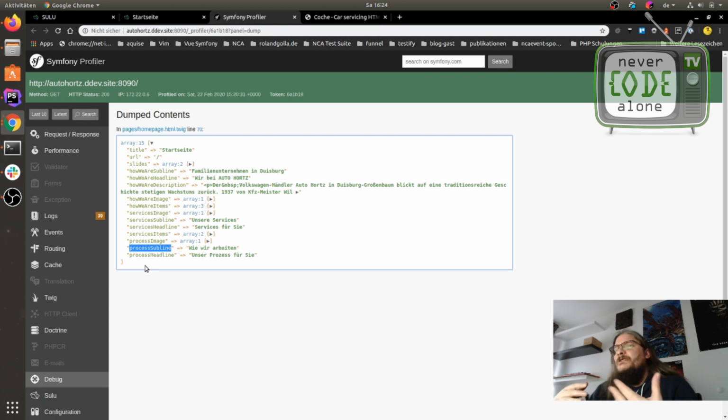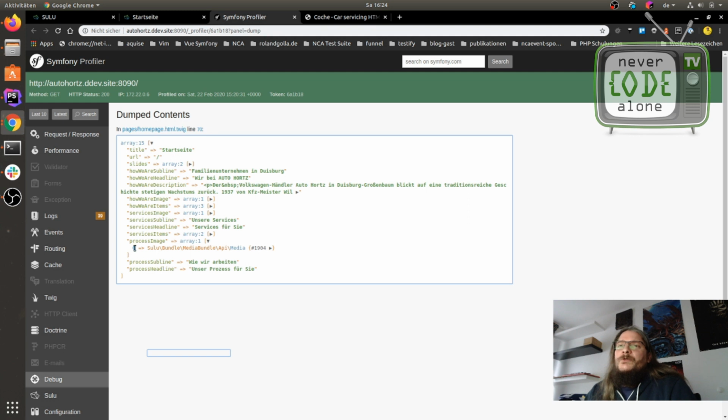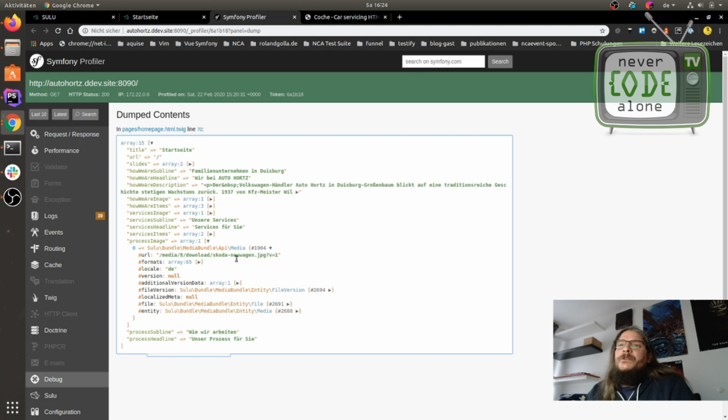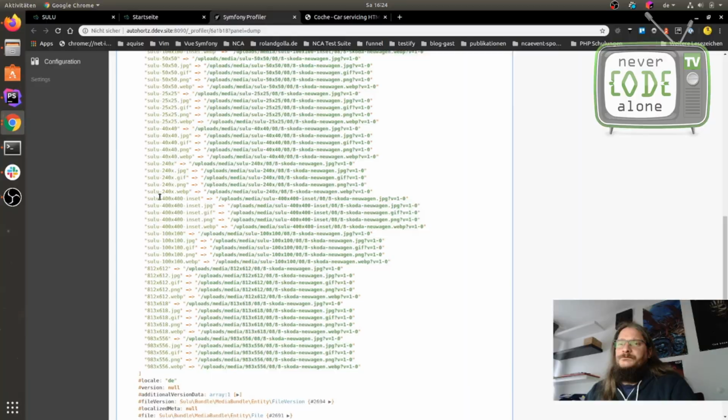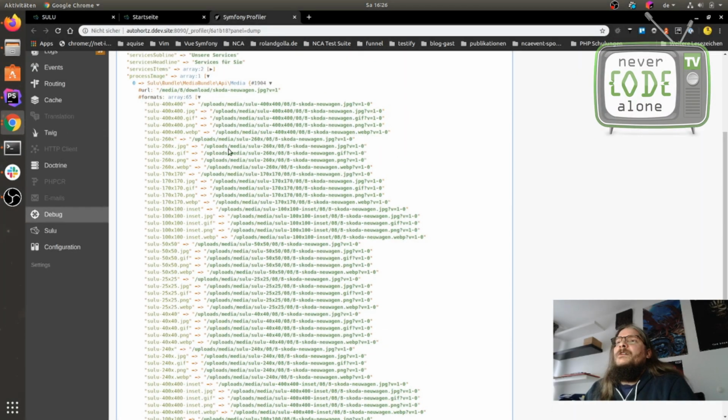The media selection is an array, and it's maybe empty, but for now we select one image, and this one image is here. So we have our image, and we have here our media bundle, and in this media bundle there are a lot of formats from Sulu by default. And in this format we can just take one,